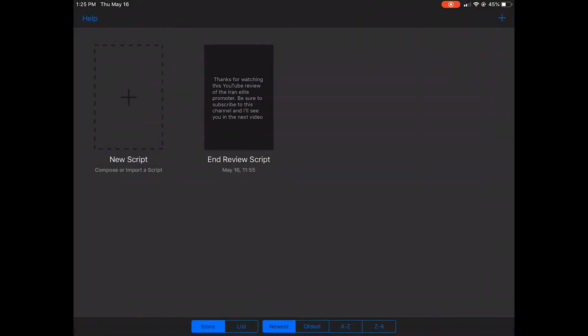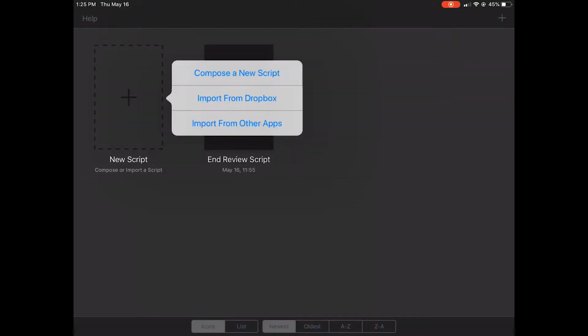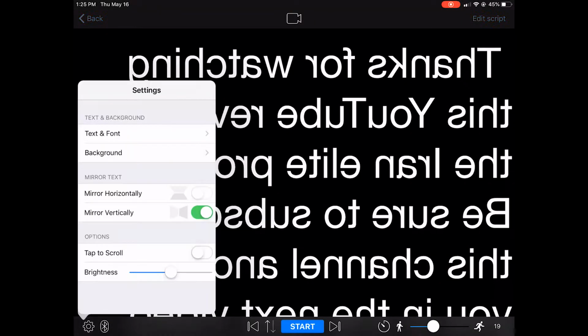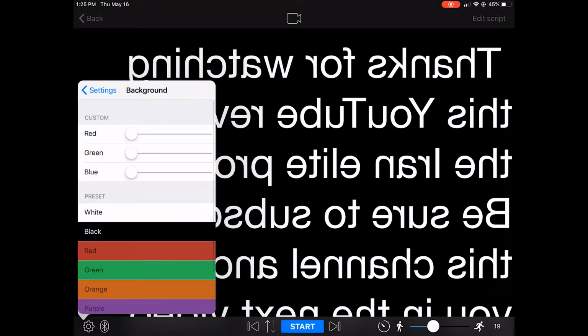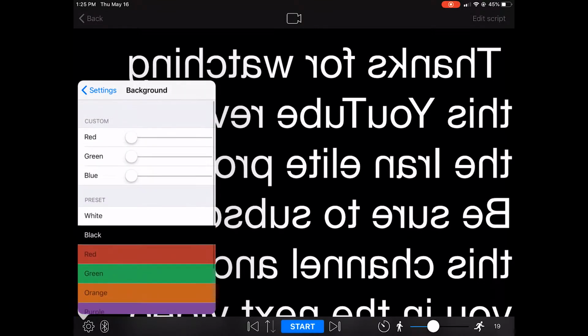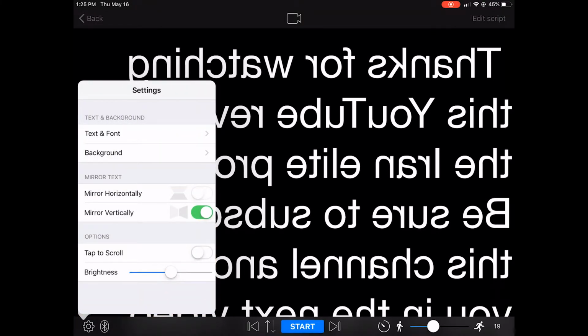So other than that, it's fairly simple. The same thing if you want to add a new script: you can compose a new script, you can import from Dropbox, or you can import from other apps. And if you go to your settings down here, you can control other things like your text and font size. There's these different font settings. You can change the background as well, which is really nice. And of course, you can mirror horizontally or mirror vertically depending on what you need, and you can control the brightness. So super cool,